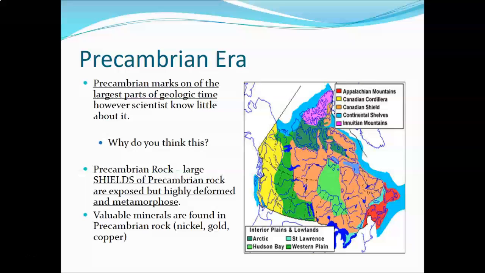However, there are portions of the Earth that we can find that is the oldest rock on Earth, and those are called Precambrian rocks. And they are the oldest because there is 0 life forms found in them, 0 fossils. We can find this actually up in Canada. There is a big, long, they call it the shield